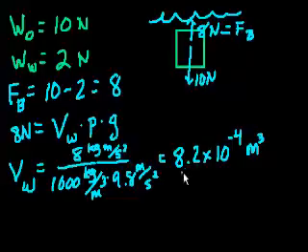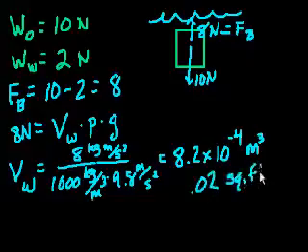Just knowing how much the buoyant force of the water was, or how much lighter we are when the object goes into the water, we can figure out the volume of the object. And this might seem like a very small volume, but just keep in mind, in a meter cubed, you have 27 cubic feet, right? So if we multiply that number times 27, it equals 0.02